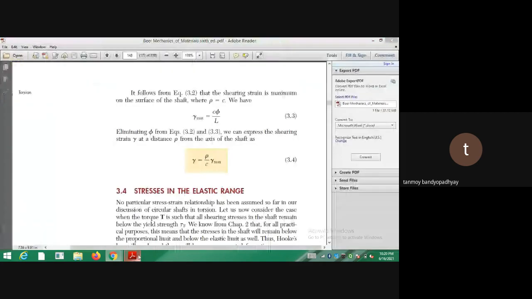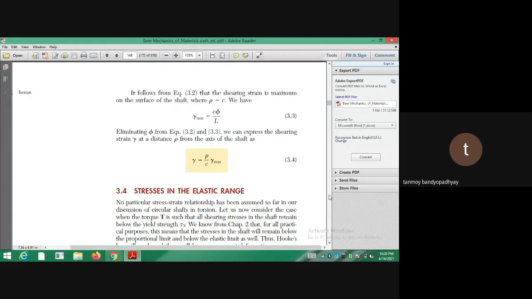So this entire thing is given in a huge fashion. It's too much elaborated in Beer-Johnston. So just go by the book of Beer-Johnston, keeping in mind what C is and all. Don't get confused with all those things. So rho is always the radius. Whatever you say small r is the rho. They have taken radius as rho. And another thing is C. C is always d by 2.